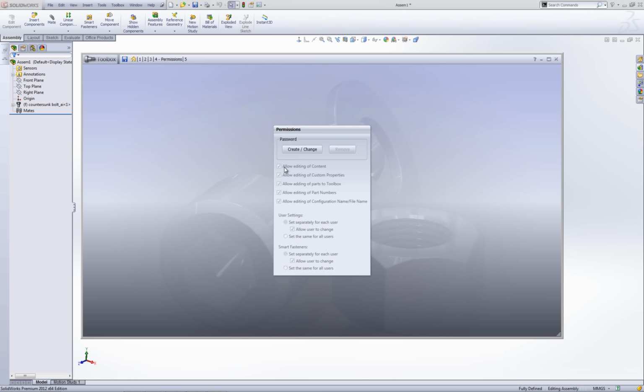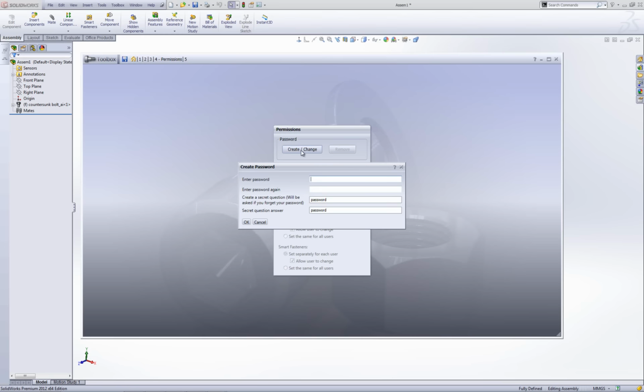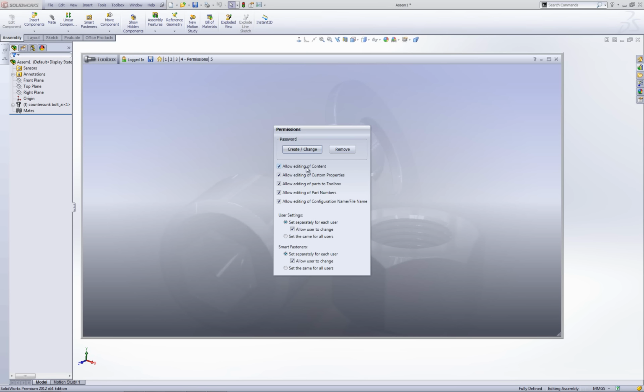Now the main reason you do that is so if you've got a centralized toolbox, what you do to stop people editing the toolbox is to put a password on it. So if I create a password here, if I for instance call it password, and I can just leave these to make it blatantly obvious what the password is, so password and password, and go OK. Now once I've logged in, at the moment all these are, I can edit all of these, so